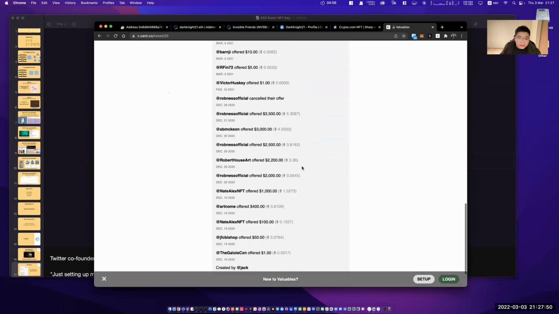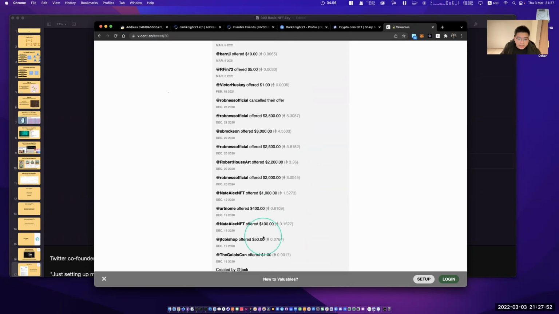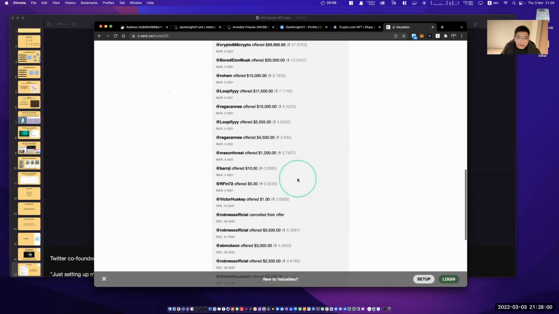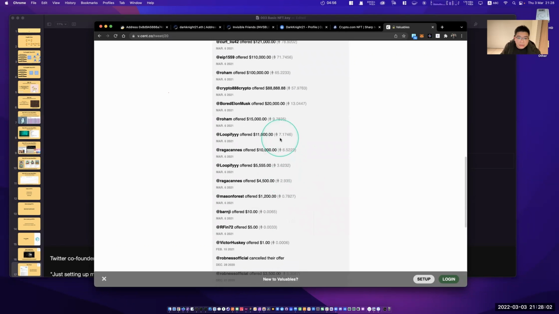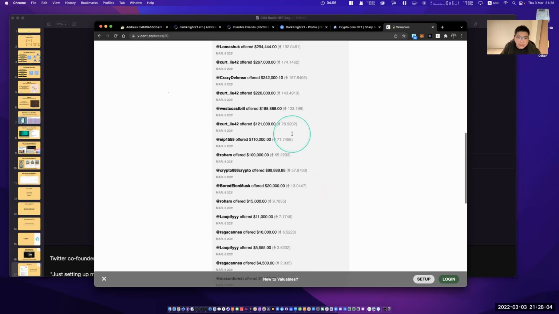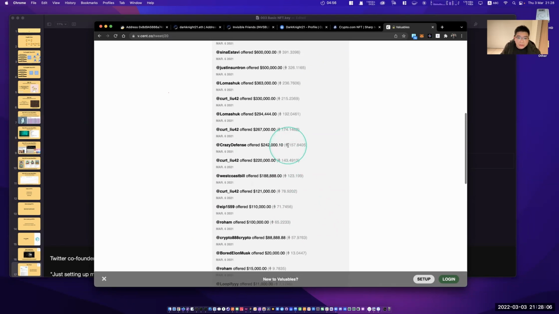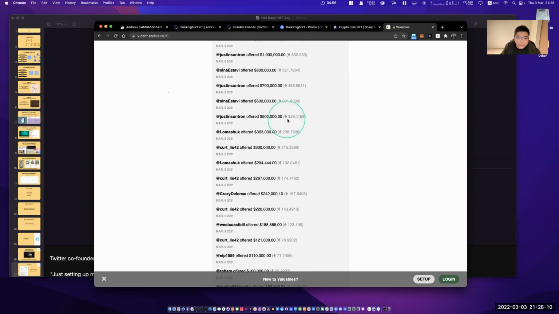From last year's news, I think it started from maybe $1,000 or 1 ETH. And if you invested around last year, maybe 7 ETH, you can see right now it has come to 300.